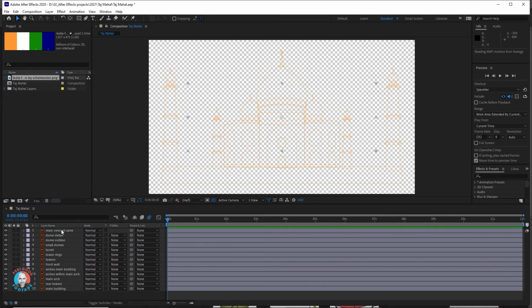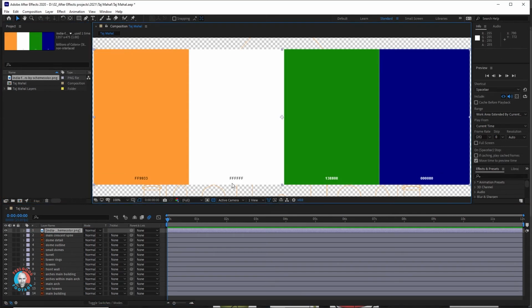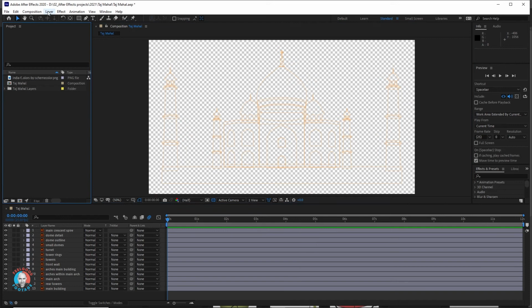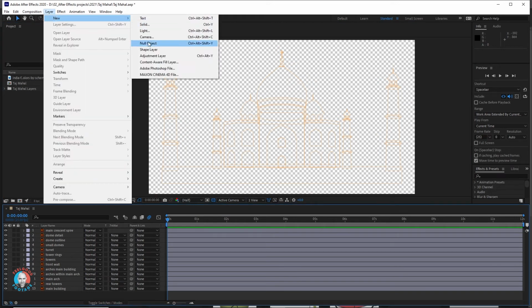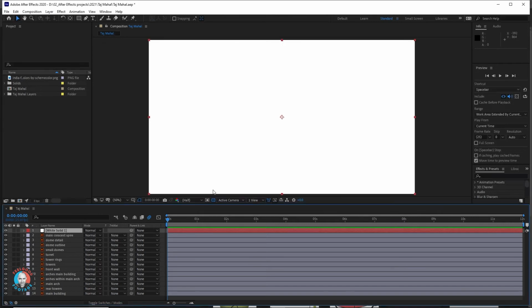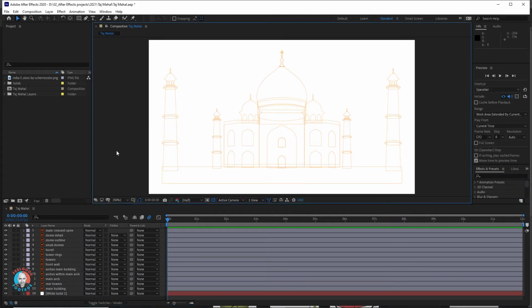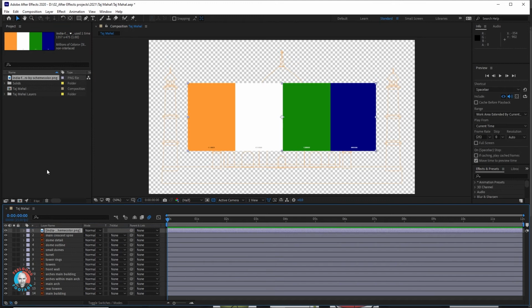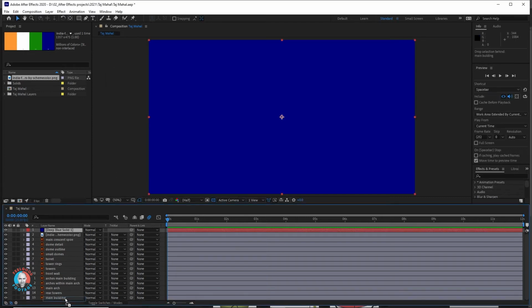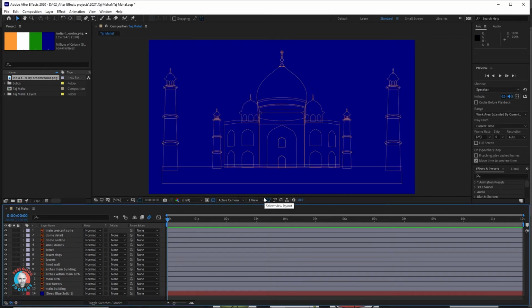The paths of the Taj Mahal building are going to need to sit above a solid color layer. I'll use a color from the flag color scheme. The white, which is pure white, or the blue are the best options, I think. However, the white is too much, it's dazzling. This blue is going to work much better. I can sample straight from my color scheme. It's going to give the composition a kind of blueprint kind of vibe, which I like.